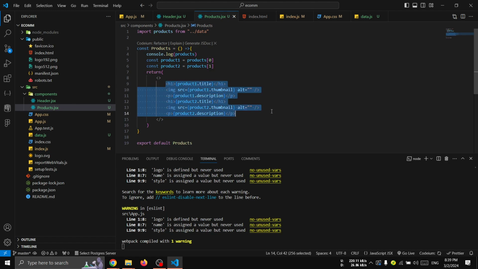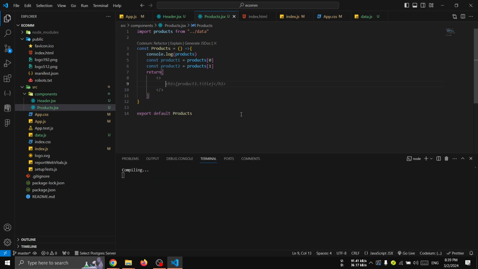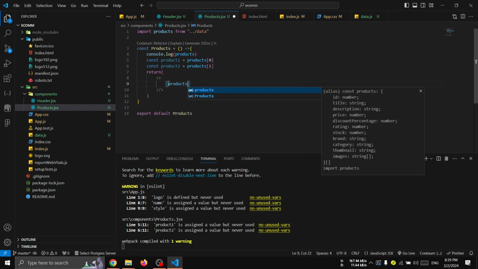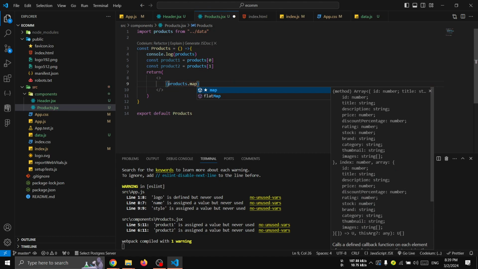So how will you use it? We have three things, right? We'll copy these three things and remove everything from here. So how will we use map? To use JavaScript, we have to use curly brackets. So where do we have to map? These products. So products dot map,